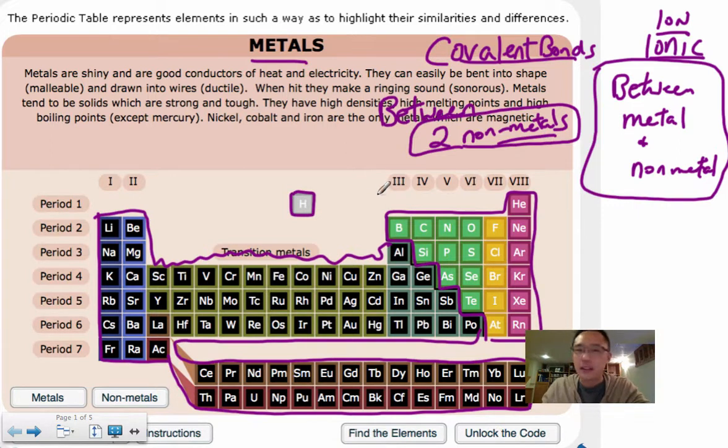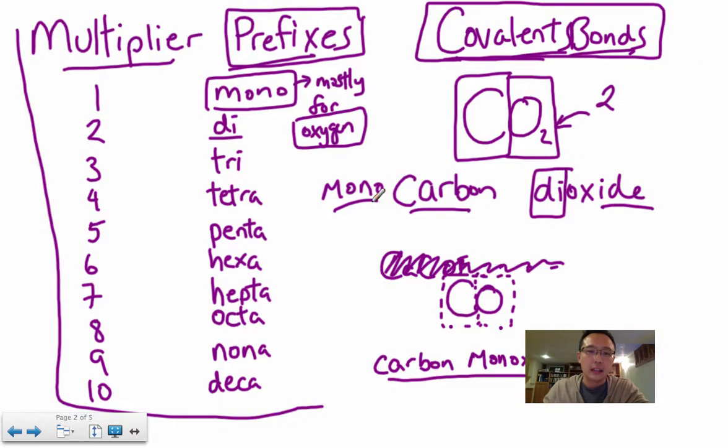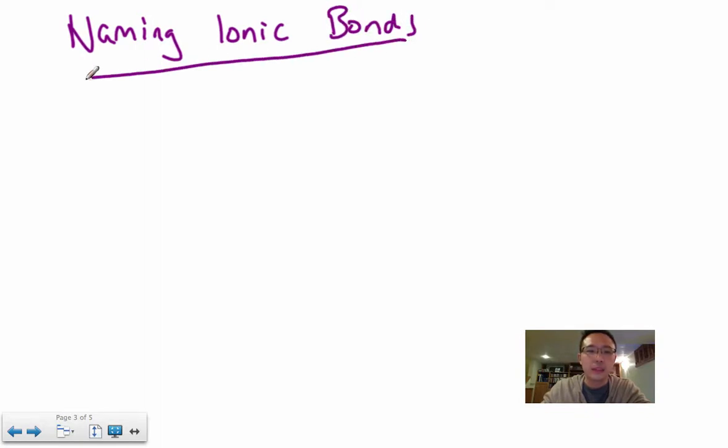I know I say that a lot, but just make sure you understand that metals are on the left side of this staircase, and nonmetals are on the right side of the staircase. And naming ionic bonds is actually a lot easier, because you don't need to change any of the prefixes or anything like that. So let's pick a compound. Let's say calcium